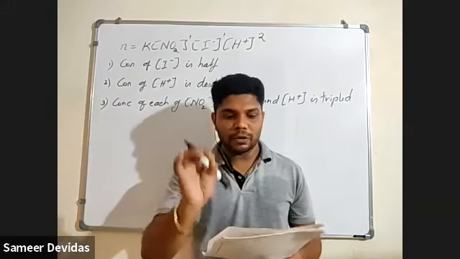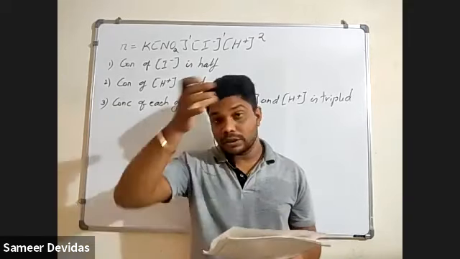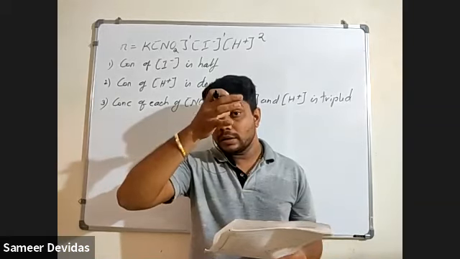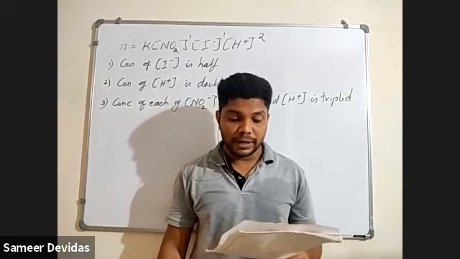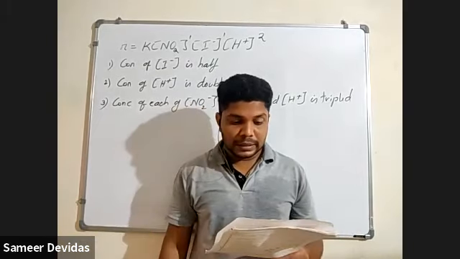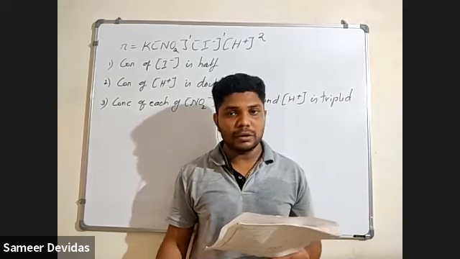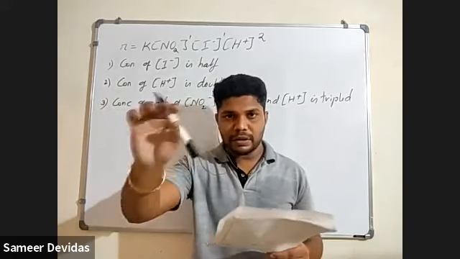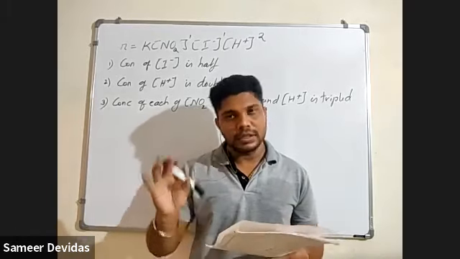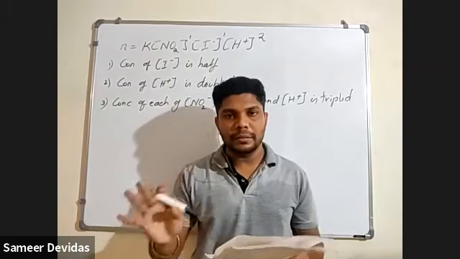Okay. Next important question: differentiate between the rate of a reaction and a rate constant. It is already there in the notes. At least 2 points are required. First is the definition. The rate of a reaction is the speed with which the reactants are converted into products. The rate constant definition is the earlier definition we have done; the same one you can write down. Is this clear?